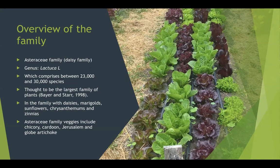The genus for the lettuce is Lactuca, and then there's the L. The L by the genus name generally indicates that it was something designated by Carolus Linnaeus when he started his system of categorizing and indexing. There are between 23,000 and 30,000 species of lettuce within the Asteraceae family and the genus Lactuca. That's really big. It's in the family with things that you're probably very familiar with, like daisies, marigolds, sunflowers, chrysanthemums,